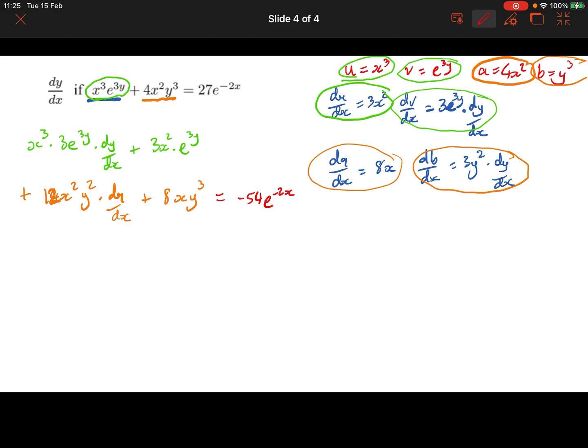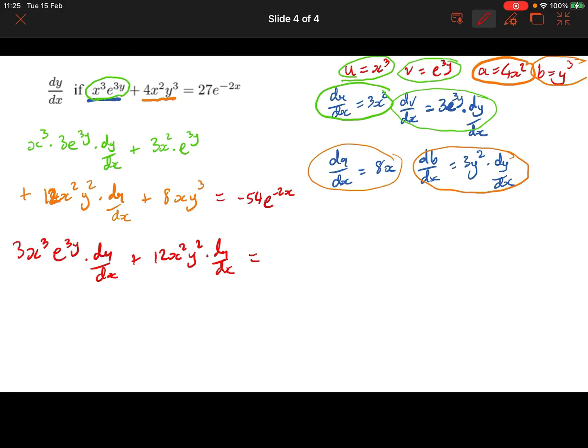Let me just tidy it up a bit. What do we got? See if we can do any factorization, perhaps. Don't think we're going to be able to. Well, we haven't even answered the question. Right. First of all, let's do some tidying up. So we're going to do 3x cubed e to the 3y dy dx. Okay. Plus 12x squared y squared dy dx